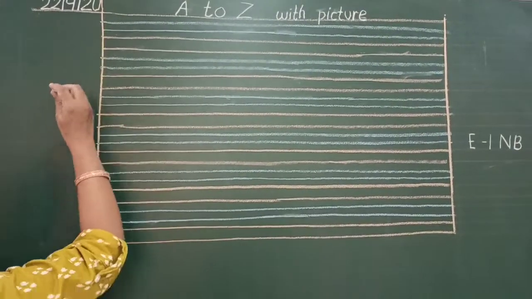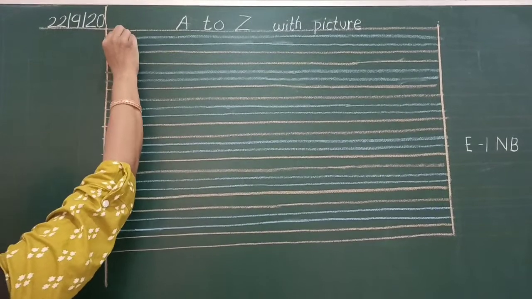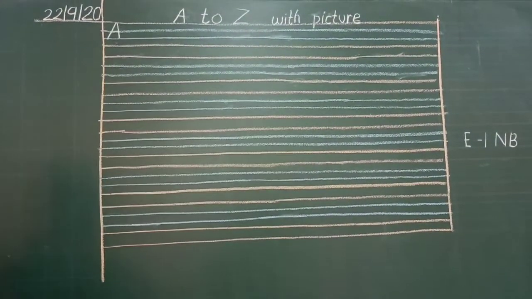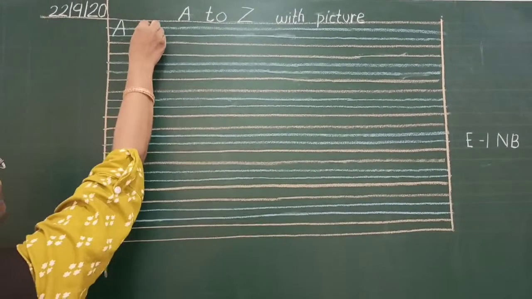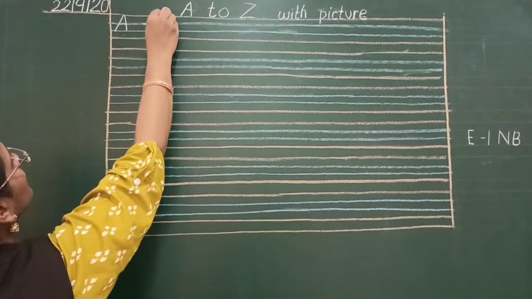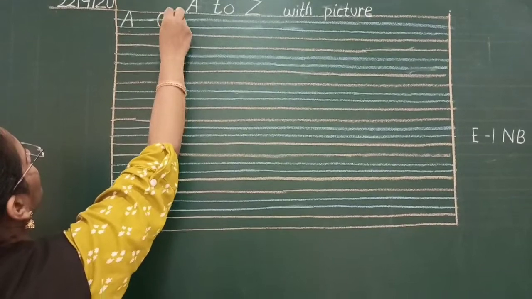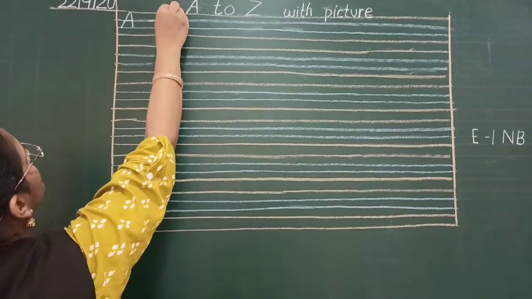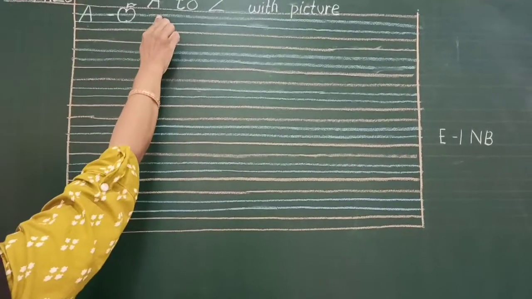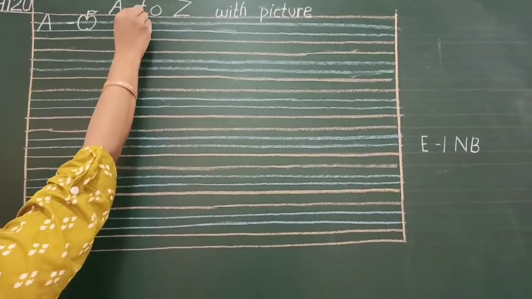First, which alphabet? Yes, alphabet A. So start from this margin line, write capital alphabet A. Then A is for what? A is for apple. So draw a picture of an apple. Okay, and this way. A is for apple. Then leave one finger space and write here capital alphabet.